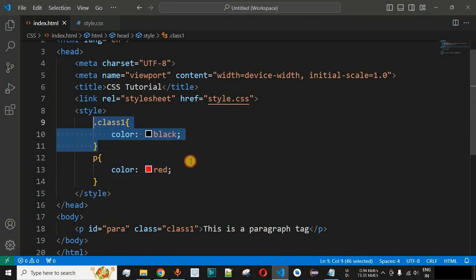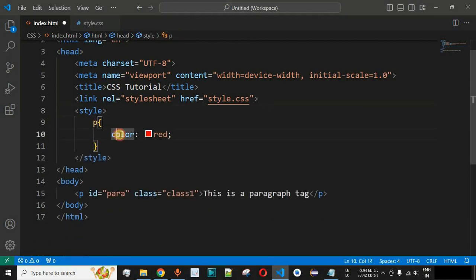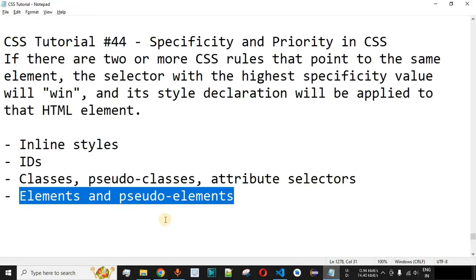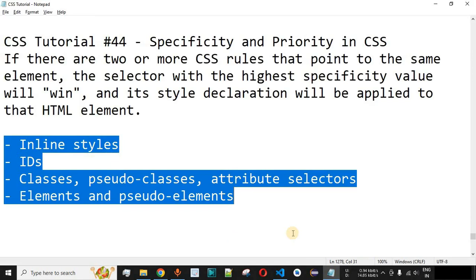So we need to remove this class selector so that the red color text that is present for the color CSS property inside the element selector can be implemented on the paragraph. When we save this file now and try reloading this page once again on the browser, red color text is getting displayed. So guys, in this way, this is the list of priority for which the CSS properties will be implemented on the required selectors of the HTML elements that you want to implement based on your requirements.